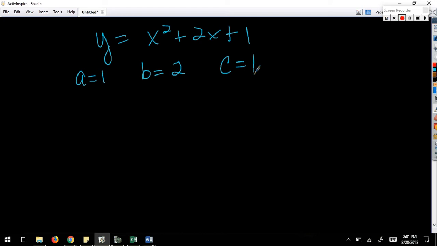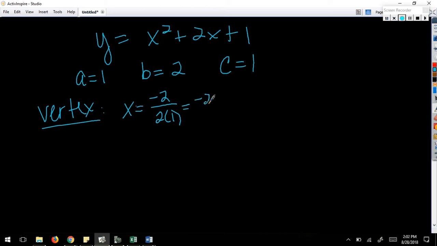We just haven't plotted it, so I'm going to find it now and plot it. All right, vertex. Remember, the x part comes first. If I'm going too fast, let me know, but I know we did this yesterday. Opposite B over 2A. Yes? No? Maybe so? To find your vertex, we just do what we did yesterday. Yep, same thing. It's opposite B